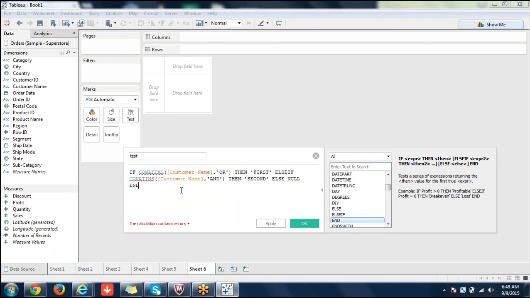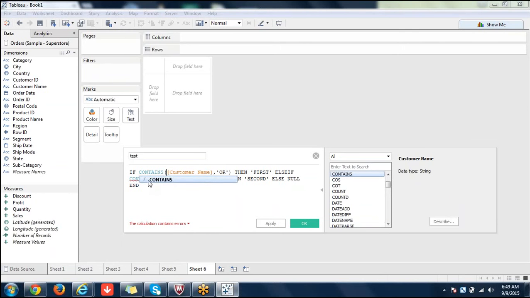You can use if then else like this. Contains, I wrote the spelling wrong. Okay, so this is the one. Now the calculation is valid. You can go ahead and test it.